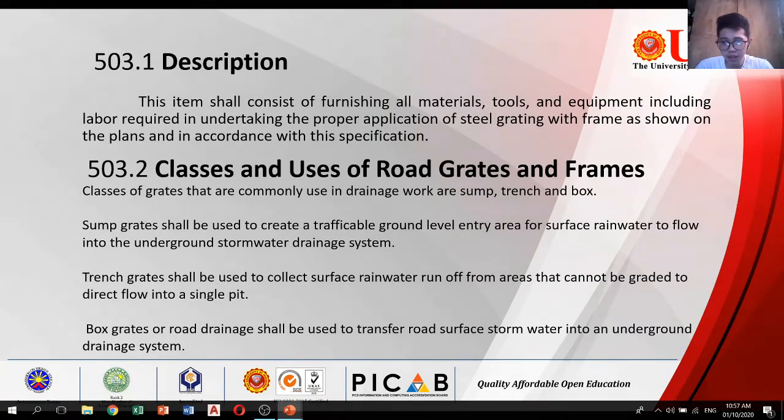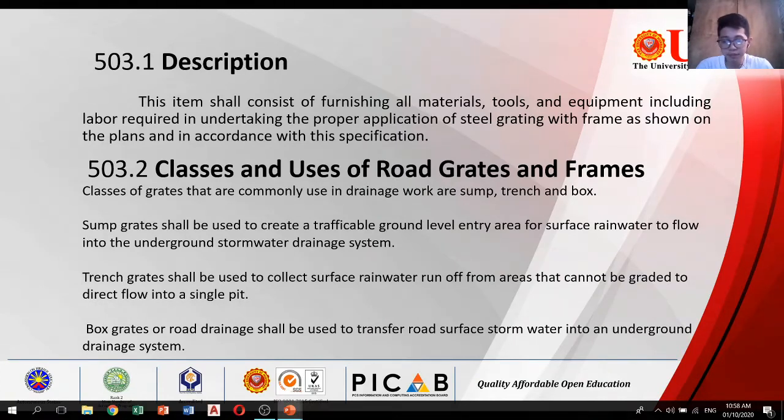Sump grades can be used in paved or grass areas that are graded to direct the surface water to a single pit or to a series of pits. Some grades shall be